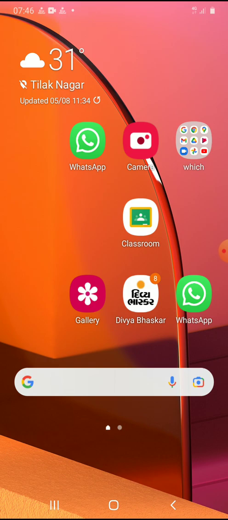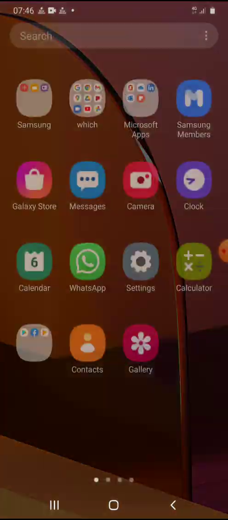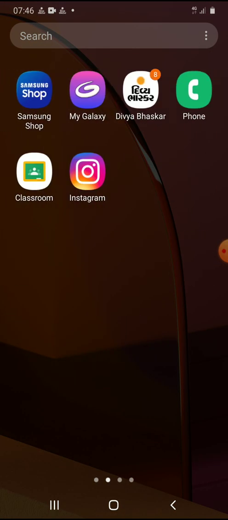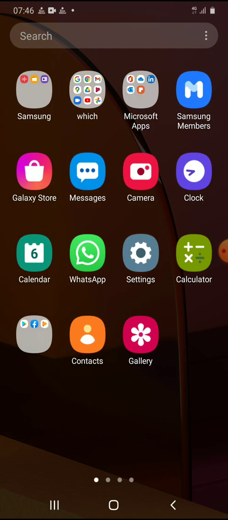So let us start with the G Shala app installation.